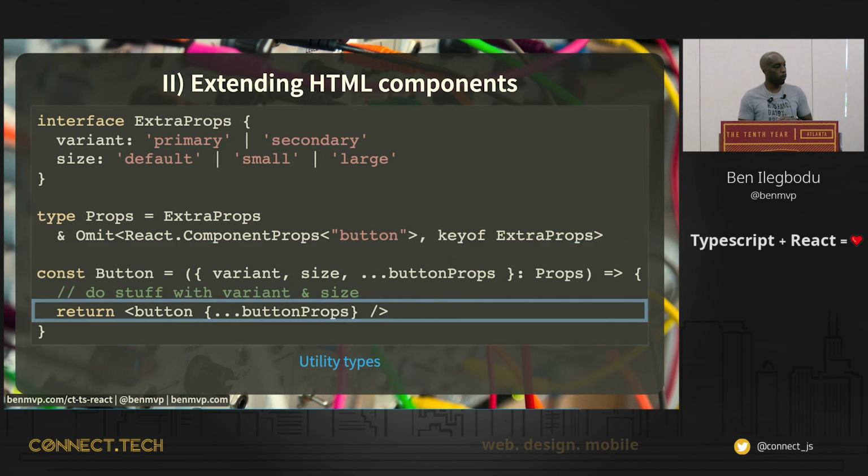And then finally, we're now able to use that code and spread it all into button props, and it's all fully type safe, so that if somebody tries to pass in href to the button, for instance, it'll be an error. We did all that to make sure that those error cases can't happen. I have a link at the bottom that describes the utility types like omit or required or things like that that are helpful. And again, I have a blog post at the end that describes all of that.